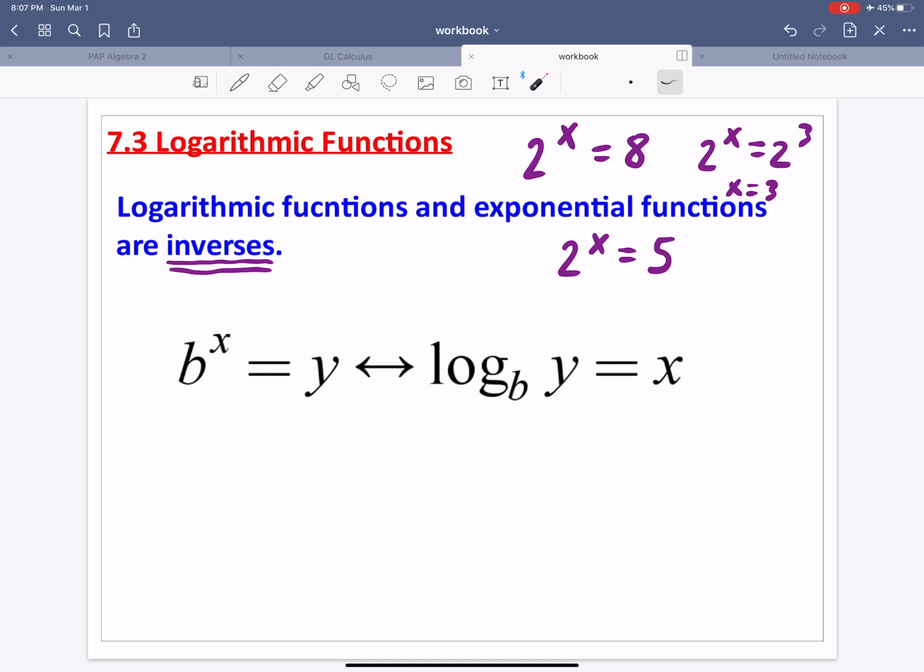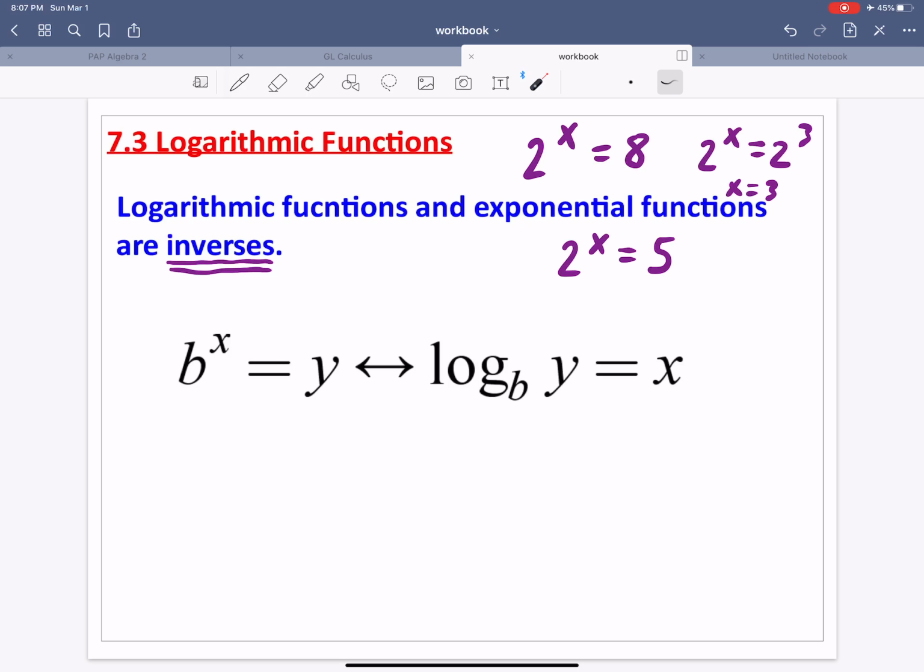We can use some deductive reasoning that it's going to be a little bit bigger than 2, because 2 to the second power would be 4, but it's going to be less than 3 because 2 to the third power would be 8. So we know that this exponent is going to be between 2 and 3, and it's probably going to be closer to 2 than it is to 3, because 5 is pretty close to